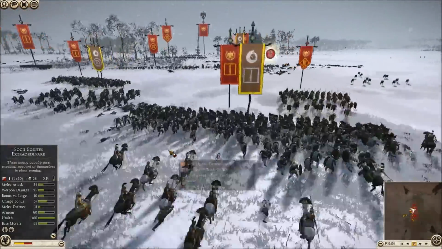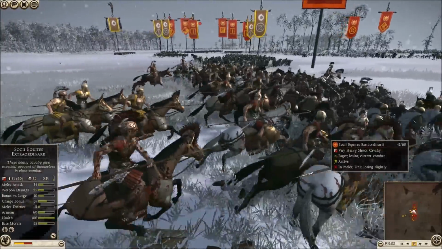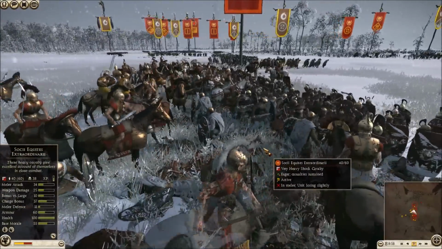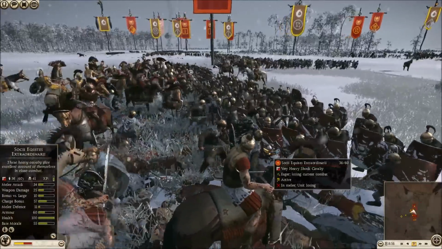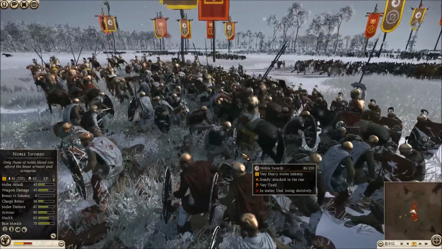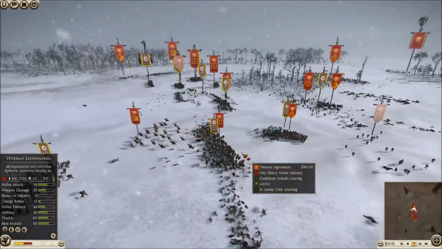But he's going to charge, not leave them in melee combat for very long, and actually go for a hammer and anvil on the noble swords. The headhunt has just worn off on them, so they're exhausted or very tired at this point, and that means they're probably going to drop very quickly with a veteran legionnaire engaged on the front. So repeated hammer and anvils here might be able to rout that. Over on the left flank, noble swords